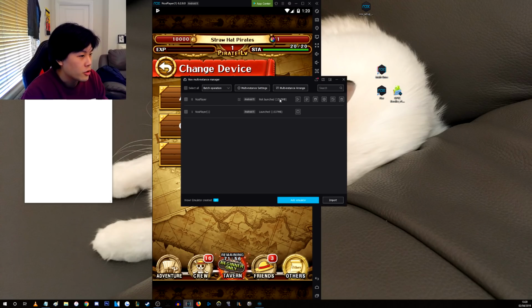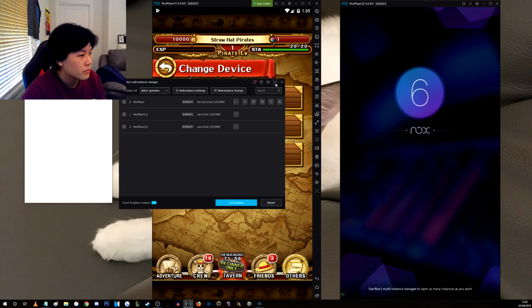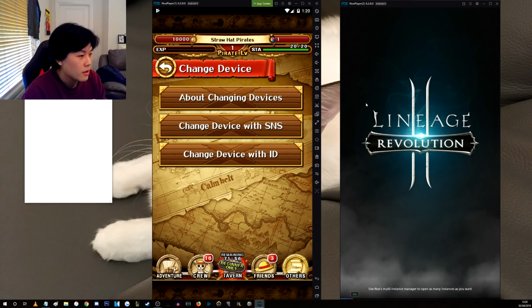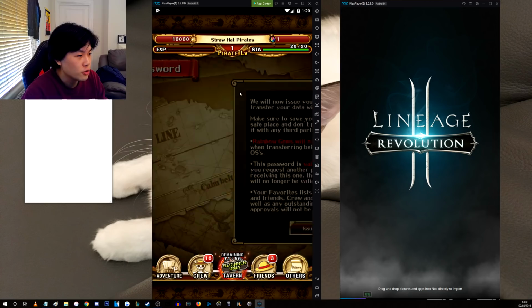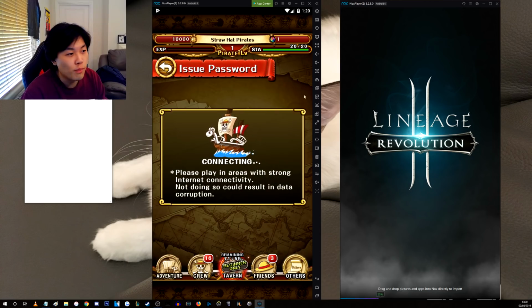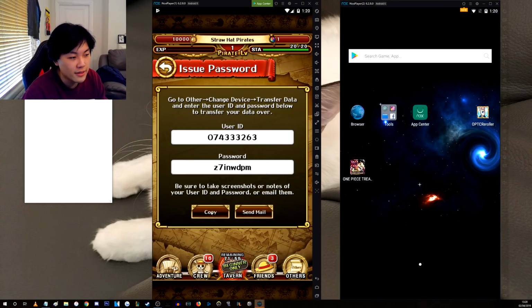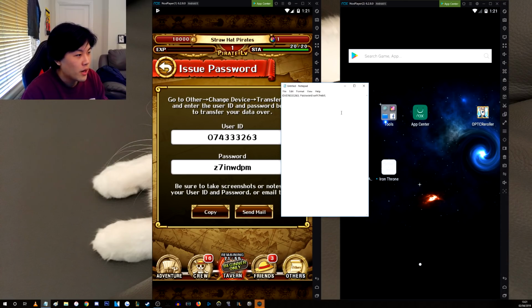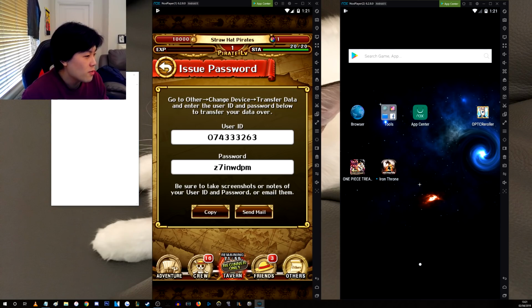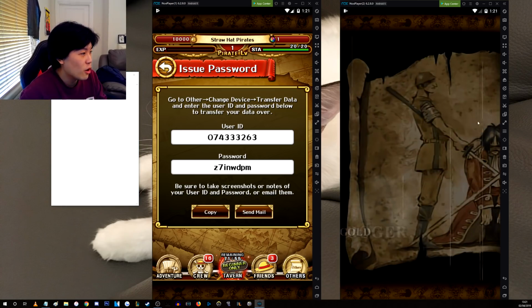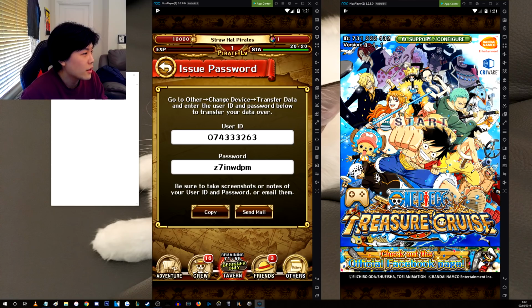And then you can copy any instance of Nox you already have. You can open it. Just wait for it to load. So let's issue password once again. Every time you issue a password, guys, by the way, it will refresh. So as you can see, we have a completely new ID and password here. Before, our password began with WRH. Now it's Z7INWDPN. So open One Piece Treasure Cruise on your second instance of Nox,